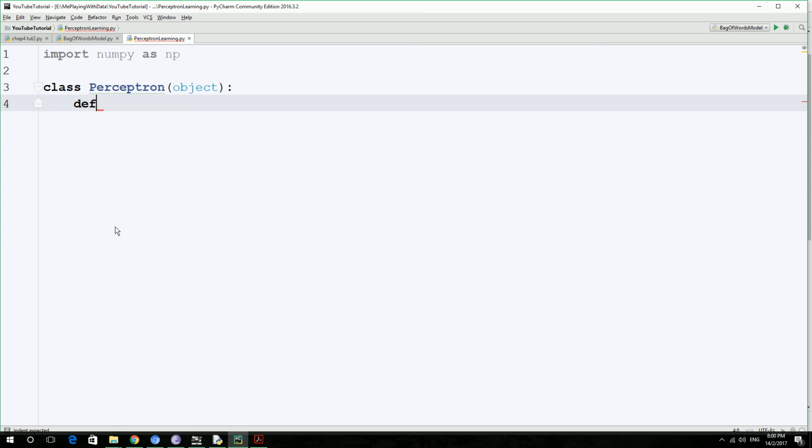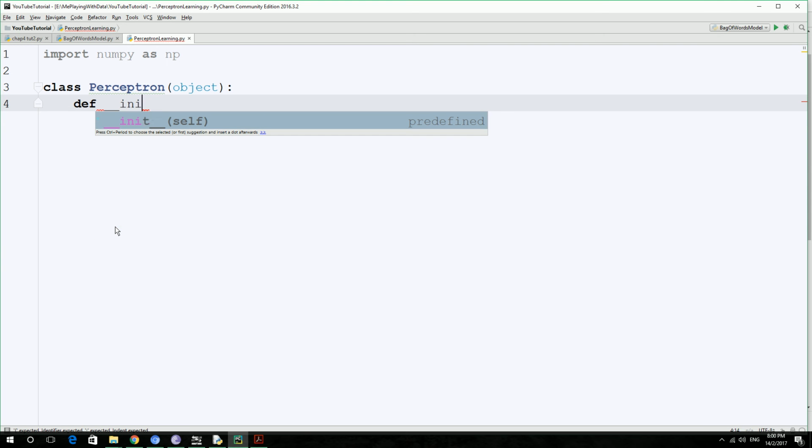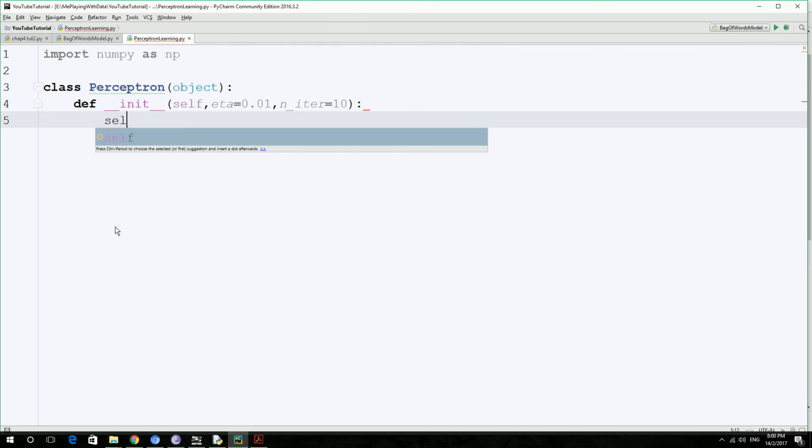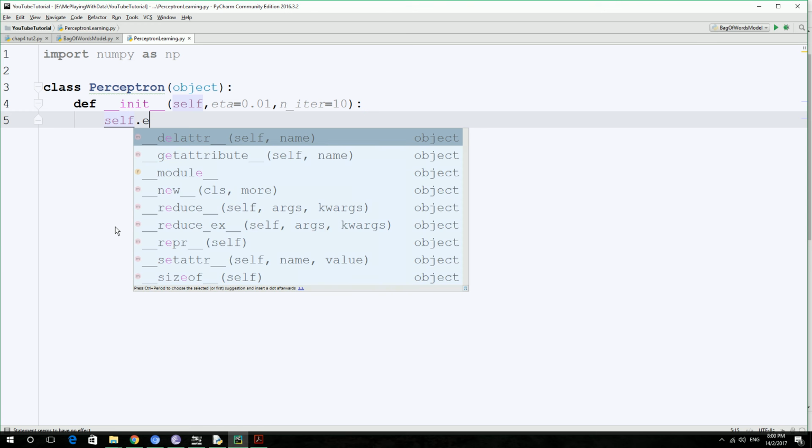This method will get initialized every time you call the class. __init__ takes self and two arguments, eta, which is going to be 0.01, and n_iter, the number of iterations, which is going to be 10. Press enter. self.eta